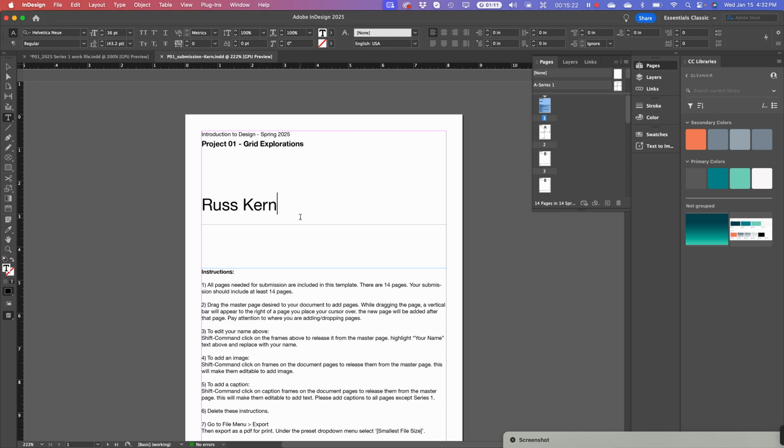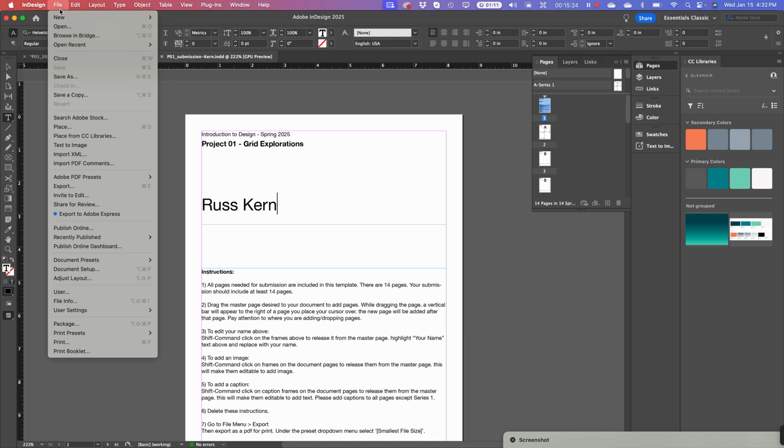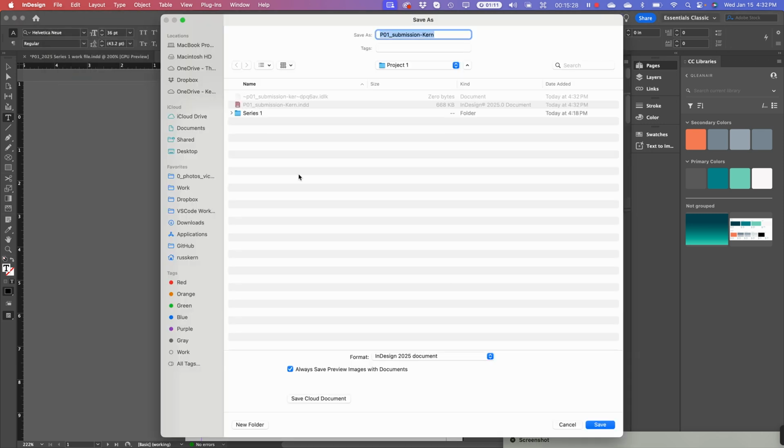You know what, one thing I should point out real quick, and this seems to go without saying, but if I save this file, it's going to give it a .indd extension for InDesign. If I'm saving a PDF file, it's going to be .pdf at the end of it. A file always has to have that file extension on it. Don't change the file extension, all right? But anything before that period, you can change and edit. Seems basic probably, but